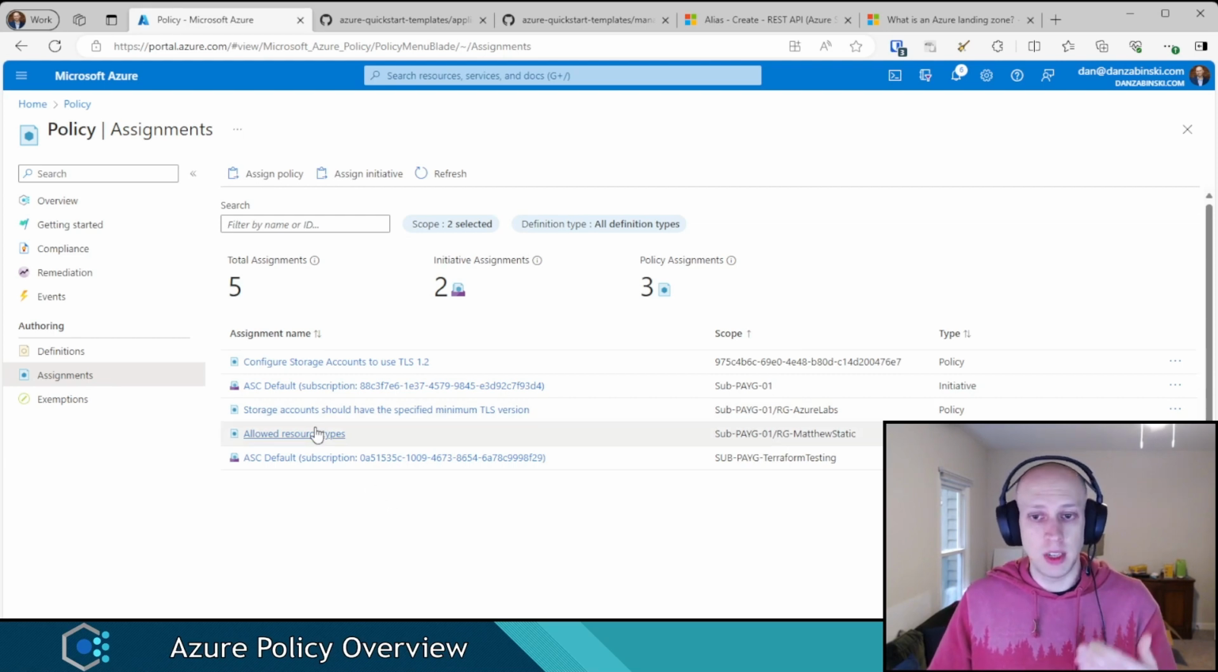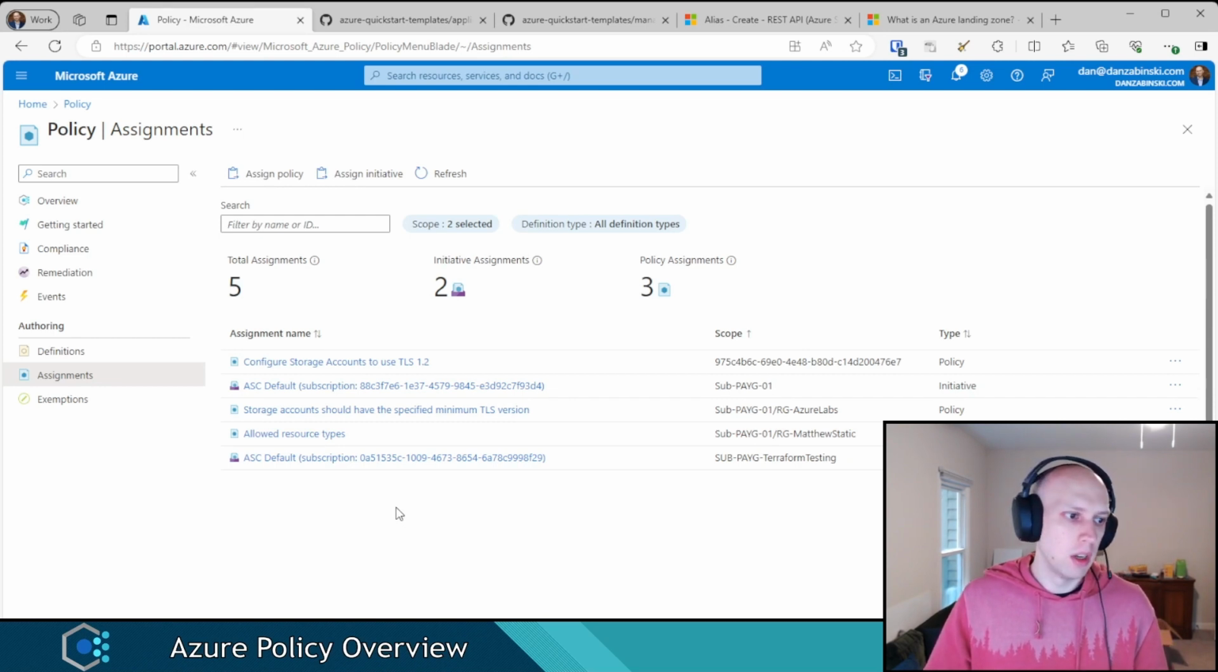That's part of the assignment, not the definition or who you assigned it to. So it's good to consider your assignments as their own resource from everything else. A couple other resource types you have listed here that aren't really going to be as common are